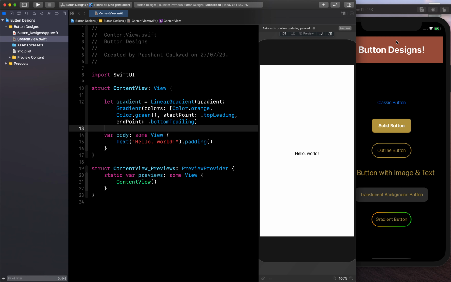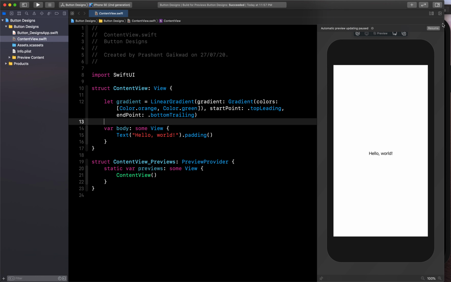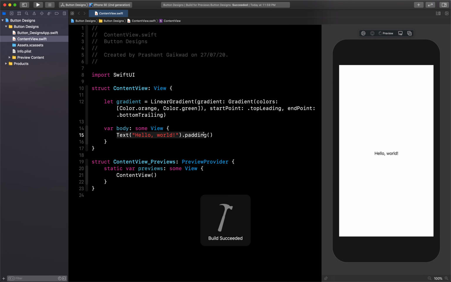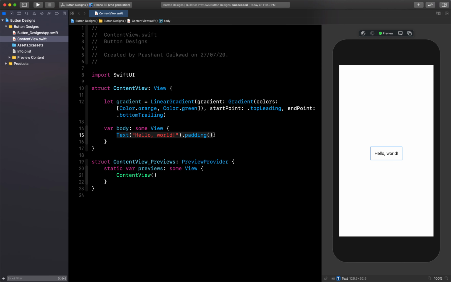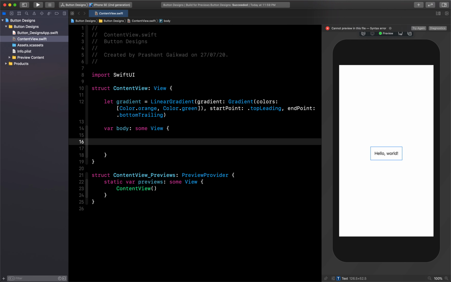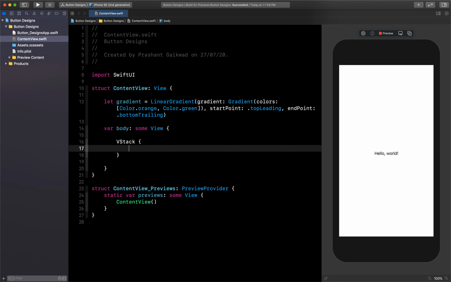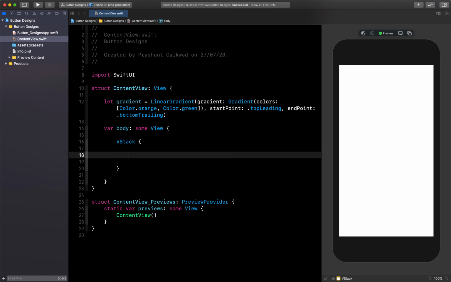Now we can start with giving the title at the top. So let's start that, and we can see the updates here in the canvas also while working. So here what I will do is, first I will use a VStack so that I can put all the views or all the buttons vertically. So VStack for that.